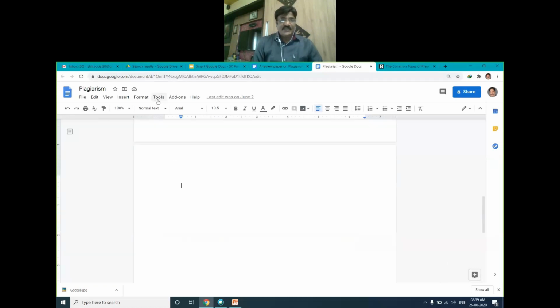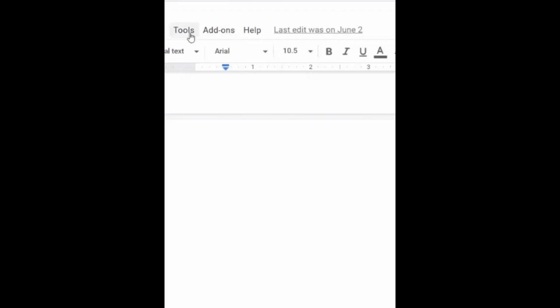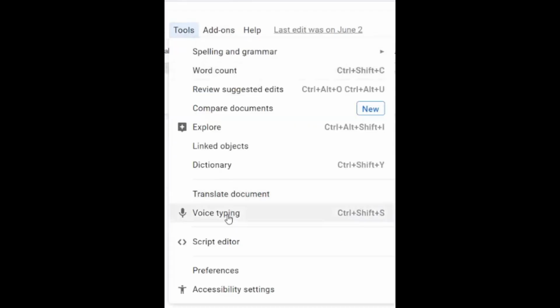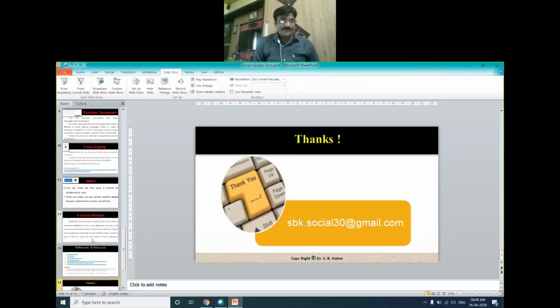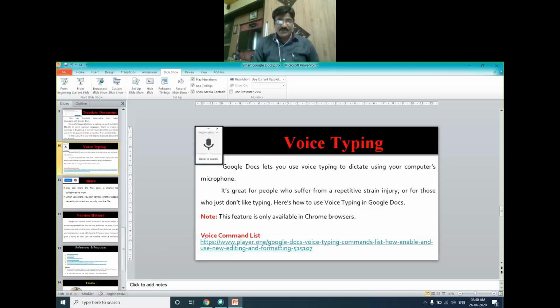So the next one is here, voice typing. You need to follow certain commands. Okay, so let's see what those commands are. We have already seen the link of writing.